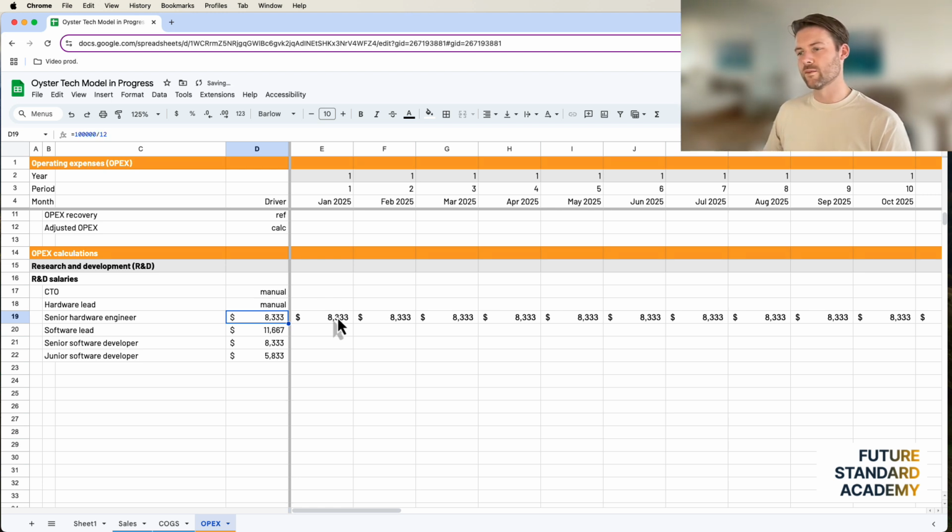But over time, what I've realized is that these things are better to do manually, even over a 5-year period, because you want to see that step up, usually as a result of raises or inflation or what have you. And you can't do that if you just fill that one column right across, right? You would need 5 drivers, one for each year, which would make this even bigger, and I wouldn't want to do that.